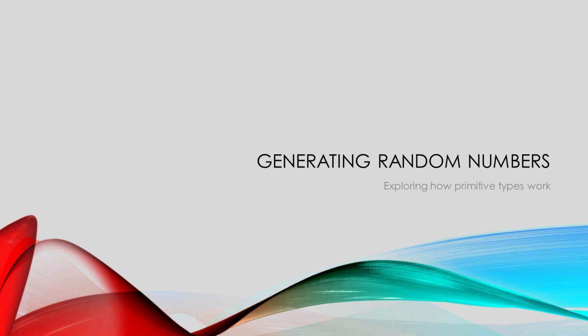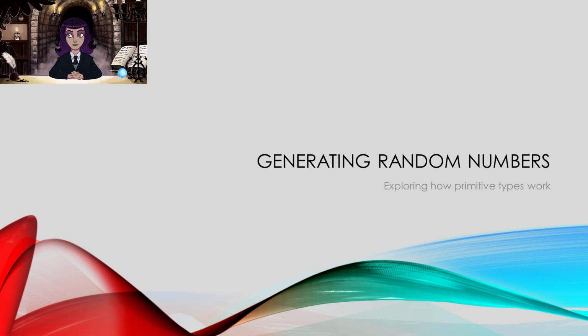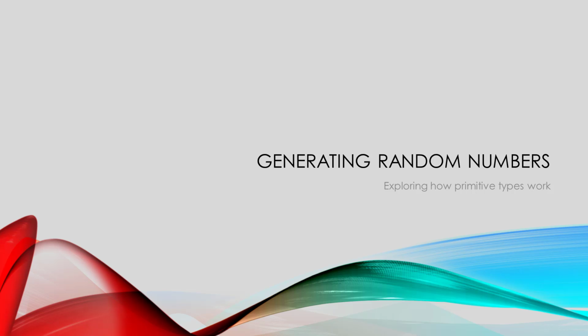In order to explore some more about how primitive types work, we're going to play with generating random numbers. So our goal is to generate a random integer in a range. That's like asking the computer to pick a random number between 1 and 10. In the lab, we are simulating the roll of a die, but this technique could be used a bunch of